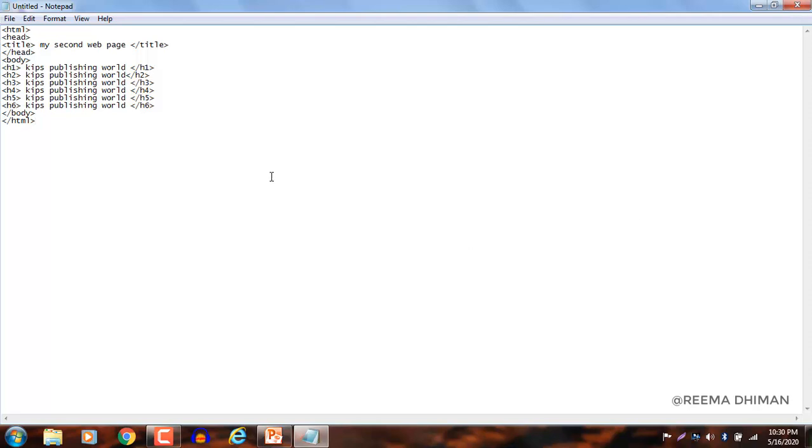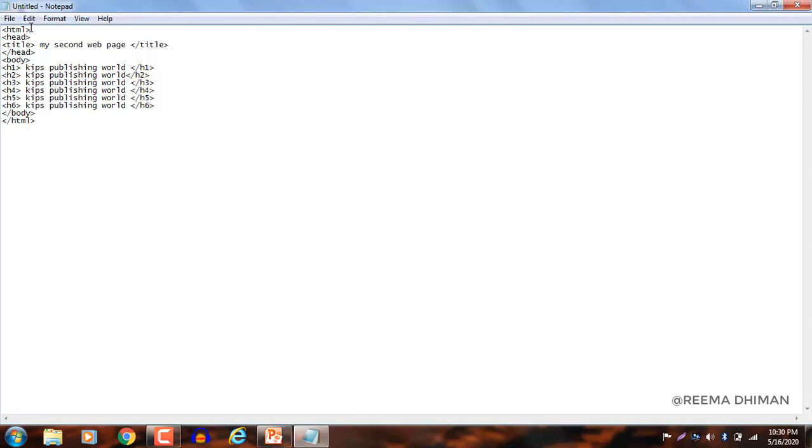all the tags I am using here: HTML, head, title, body. All these tags are container tags. That means these have both on and off tags. So when you are using any container element or container tag, then there is need to close that tag also.